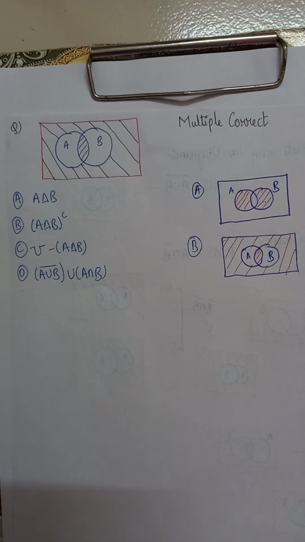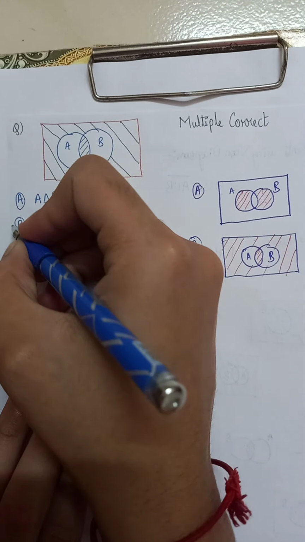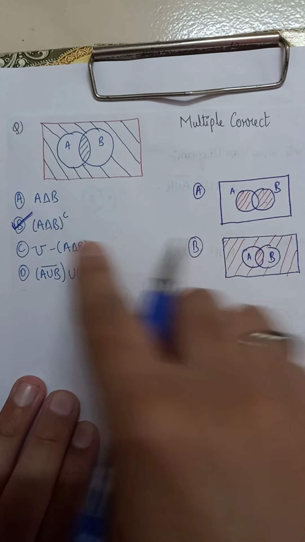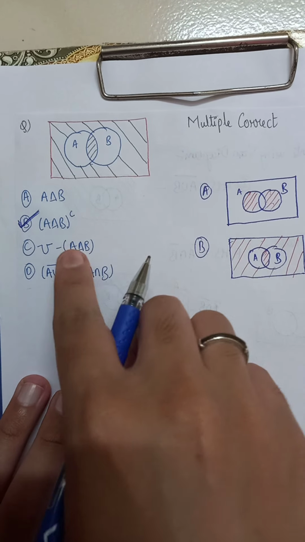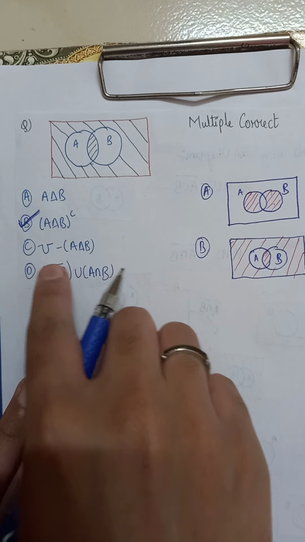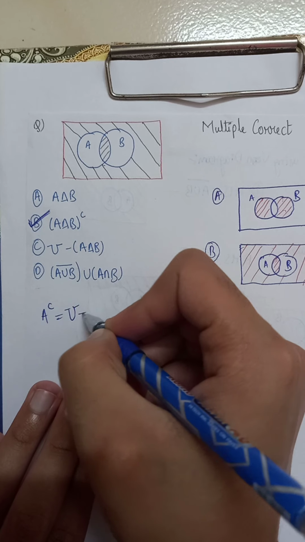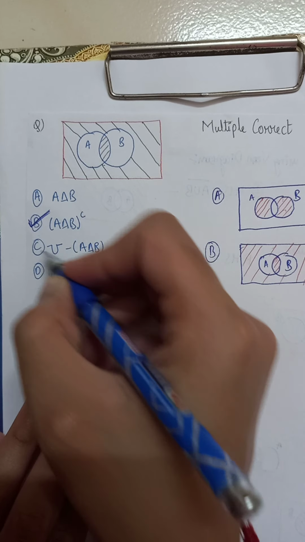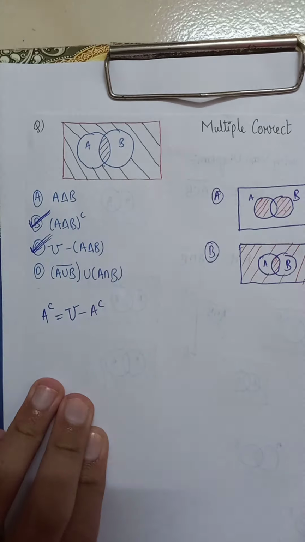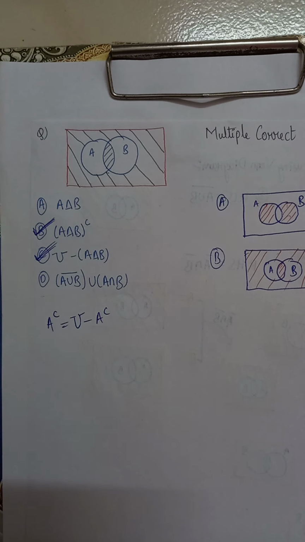According to that, you notice that the complement of A delta B is representing this Venn diagram. Then the next option, C: universal set minus the symmetric difference of A and B. This definition is the same as the above one. This is actually right, because complement means universal set minus the set. So this is representing the same thing. So option C and option B are both the same.